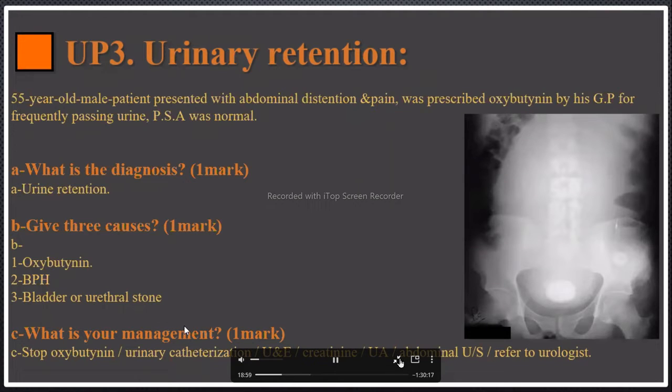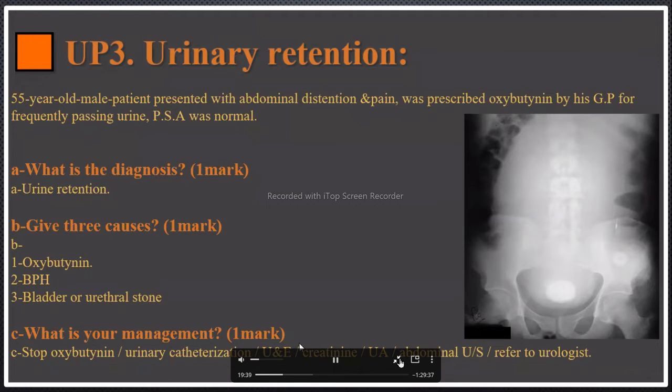And your management, you will stop the medication. Any side effect for any medication, number 1 is stop the medication. For example, the patient has bleeding because of warfarin. Number 1 is? Stop warfarin. Patient has blurring vision, he is using digoxin. Number 1 is? Stop digoxin. So here, number 1 is stop oxybutynin, and then urinary catheterization, U&E and creatinine to check if the